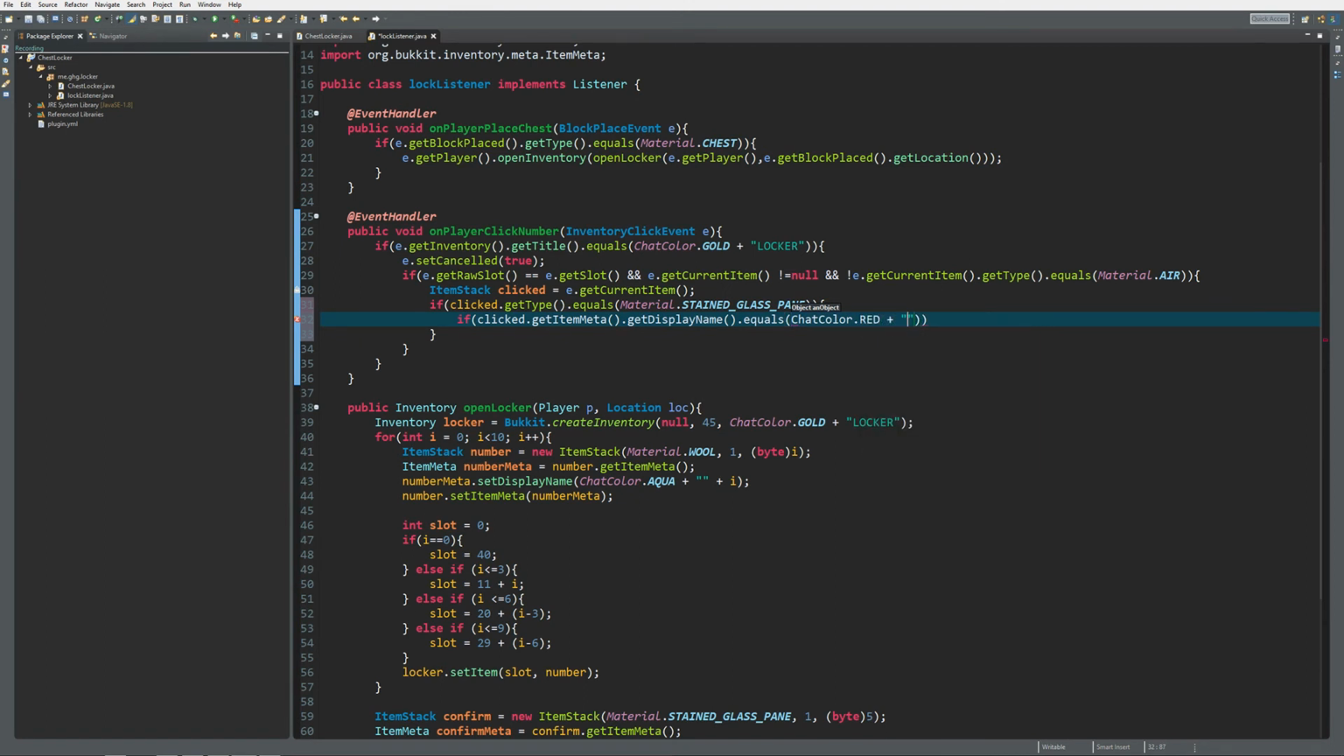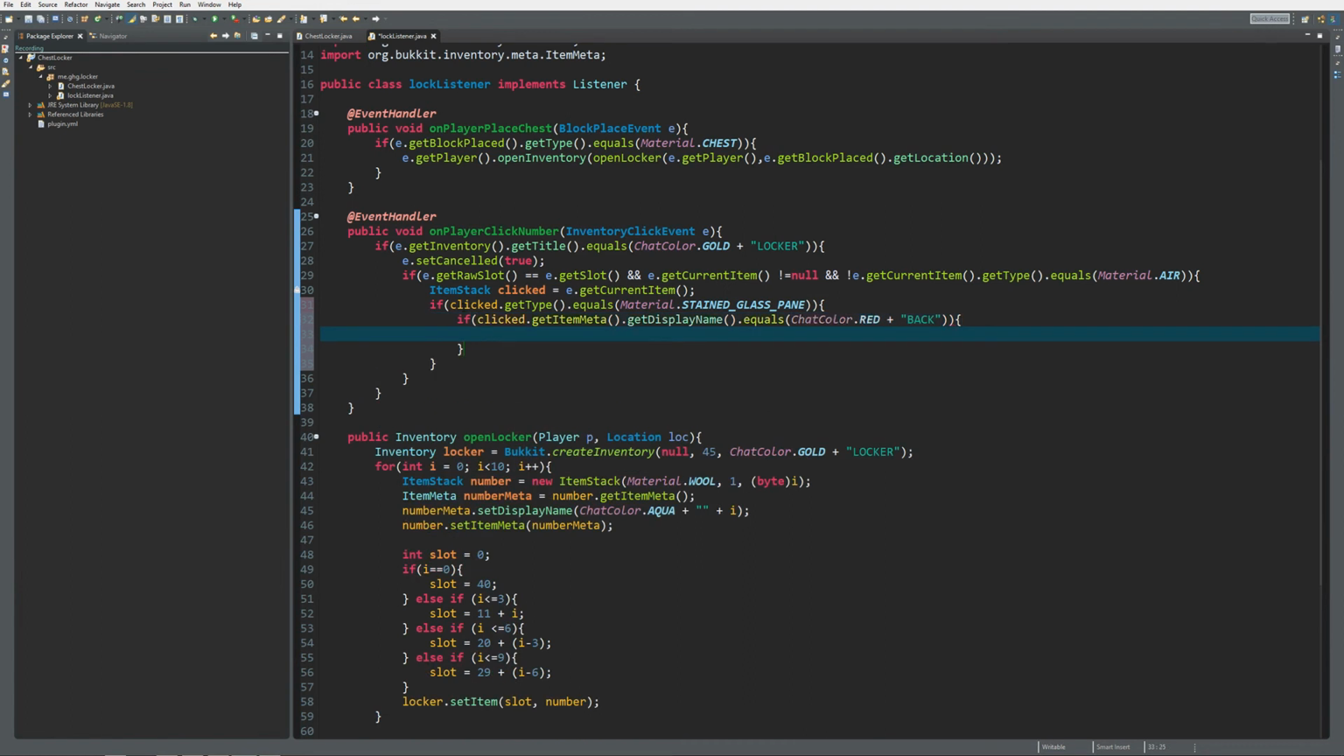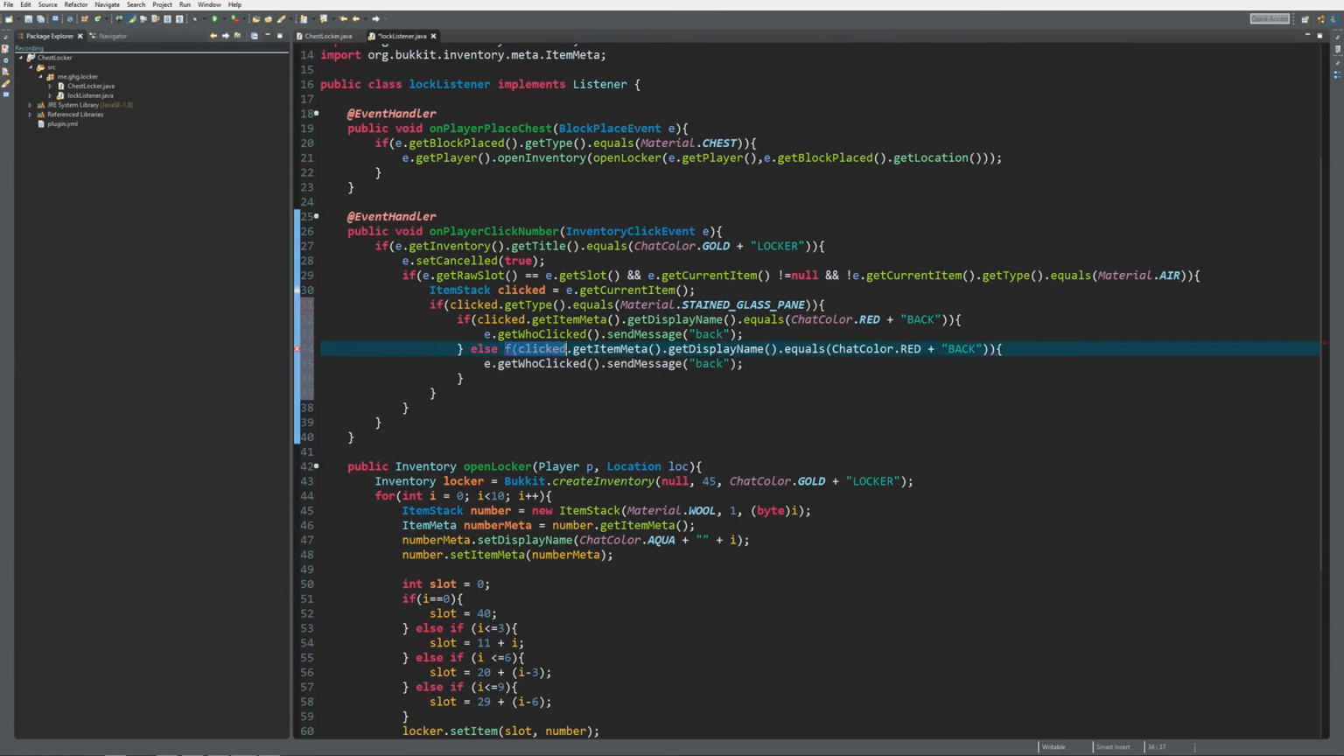inventory. So back over here, because the actual code to make it run is going to be done in the next episode. So we're just going to get who clicked and send them a message that says back, and then we can just copy this code over here, because we can just do else, we clicked on the other item. So let's remove this over here, else, and then we're going to do accept, because there are only 2 glass panes